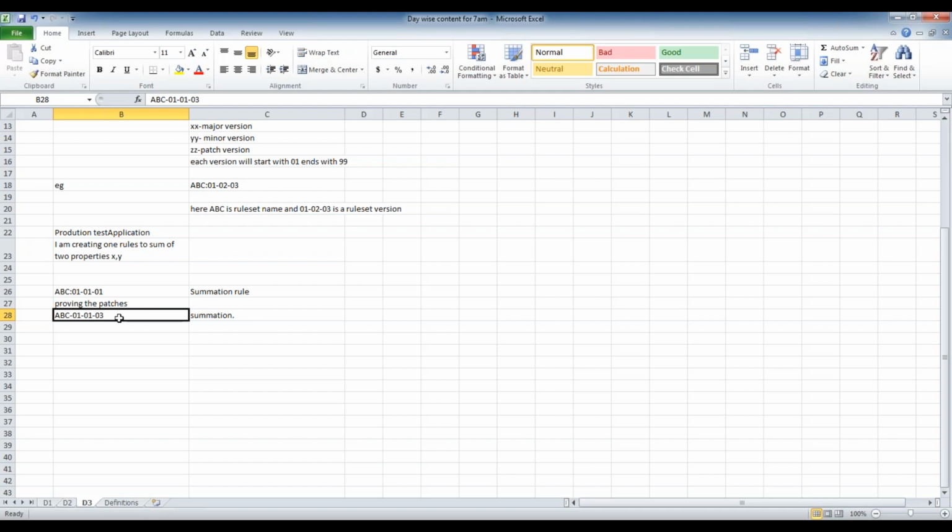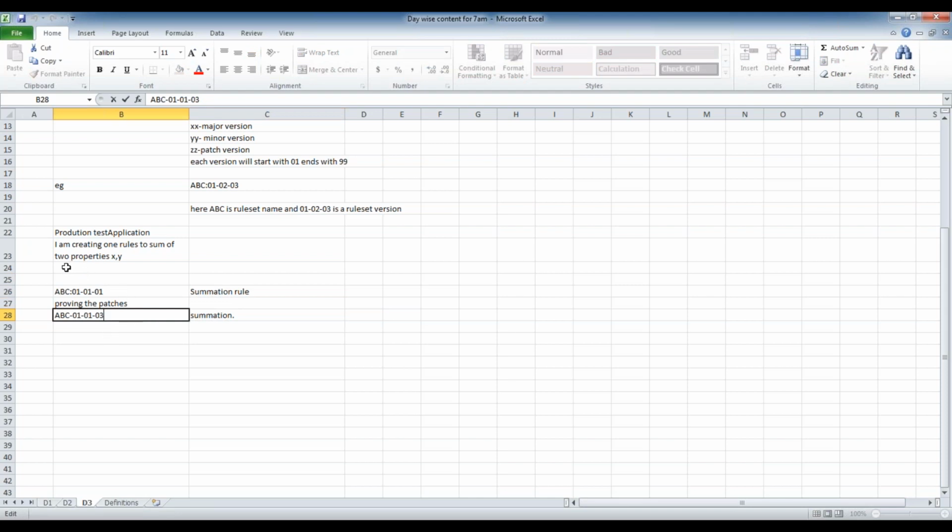Both versions are available in the system. So during execution of the application, they cannot see the issue because the system will always pick the latest version. The latest version for this rule is available in 010103, so this rule will pick up. So while providing the patch, I don't copy each and every rule again. Wherever the issue is, only that rule I will address in 010103.